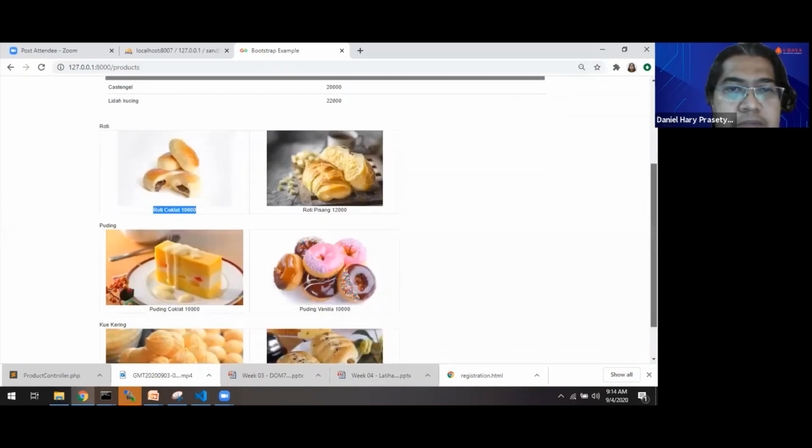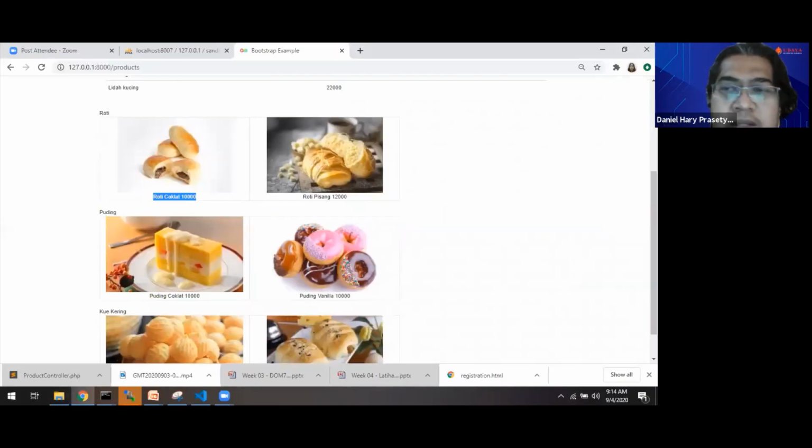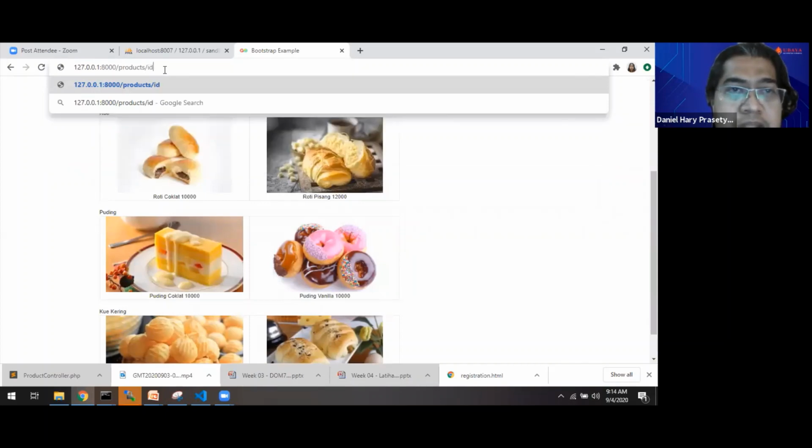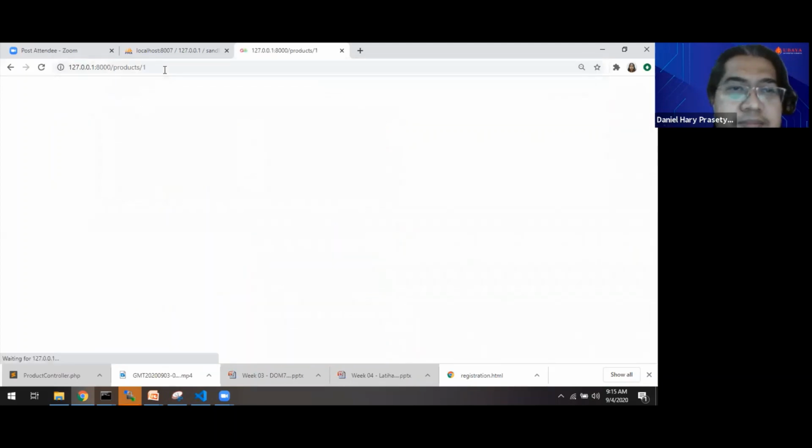We will modify the products with a link. If the user clicks the name of a product, for example roti coklat, which is product with ID 1, it should open the URL products/1. We already have the routing, so it is not an error, but we do not yet have the view.